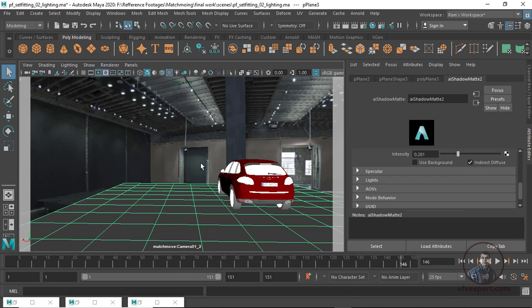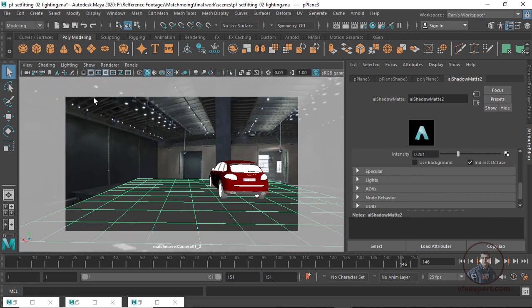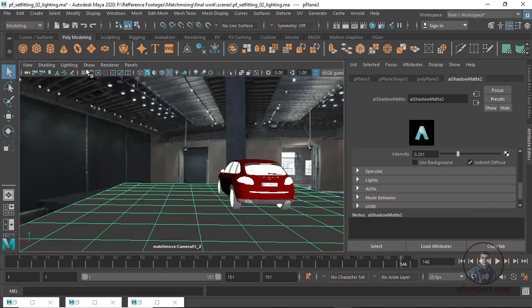Before this, if you want to check your frame size, you can click here, and only inside this area your scene or model will be visible. If you want, you can also switch this one off. Before rendering you can check from here. I have also switched off this one. Now finally I am going to batch render for all frames.